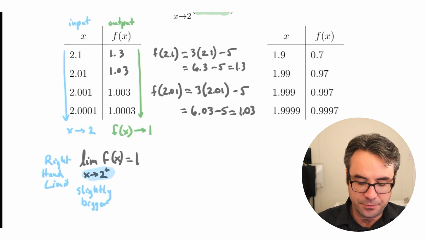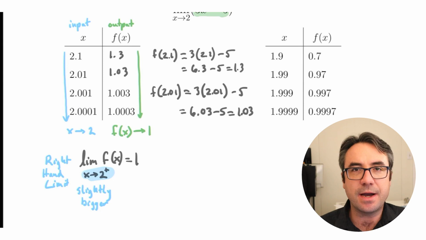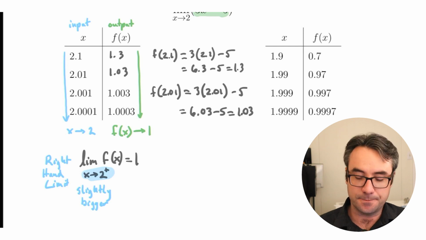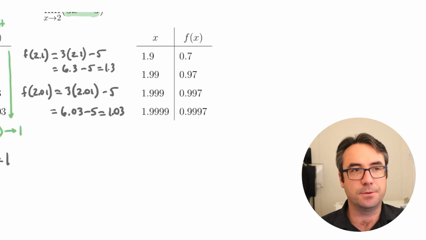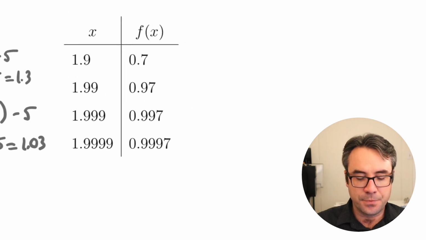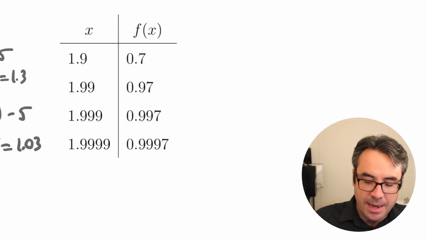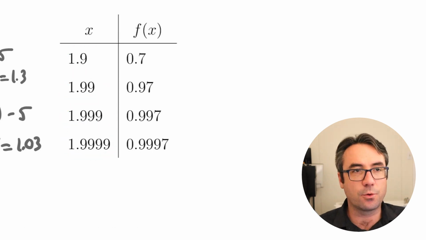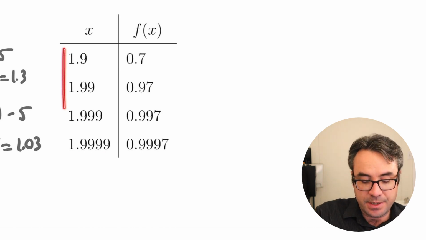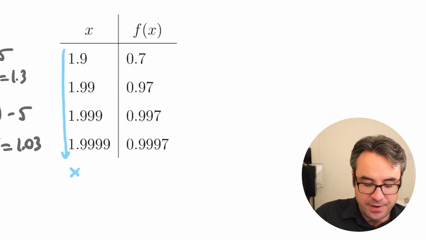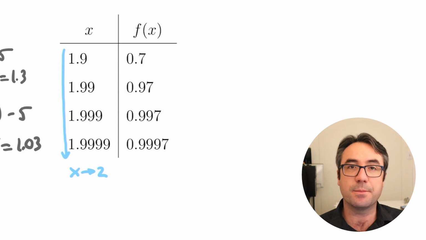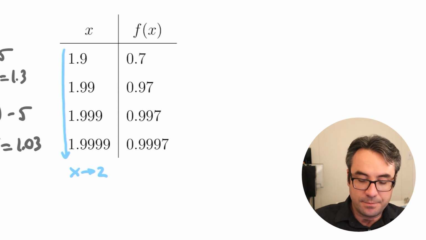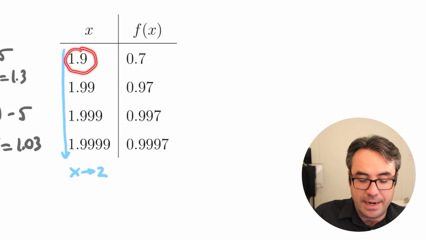Well, we can do the same idea. We can also use values for x that are slightly smaller. And that's what we're doing over here in this other table. So same idea over here. We're looking at a table of values, and now we're using inputs that are all getting closer and closer to the number 2 again as we read down this table. And we're not going to do it, but what we could do is take 1.9,